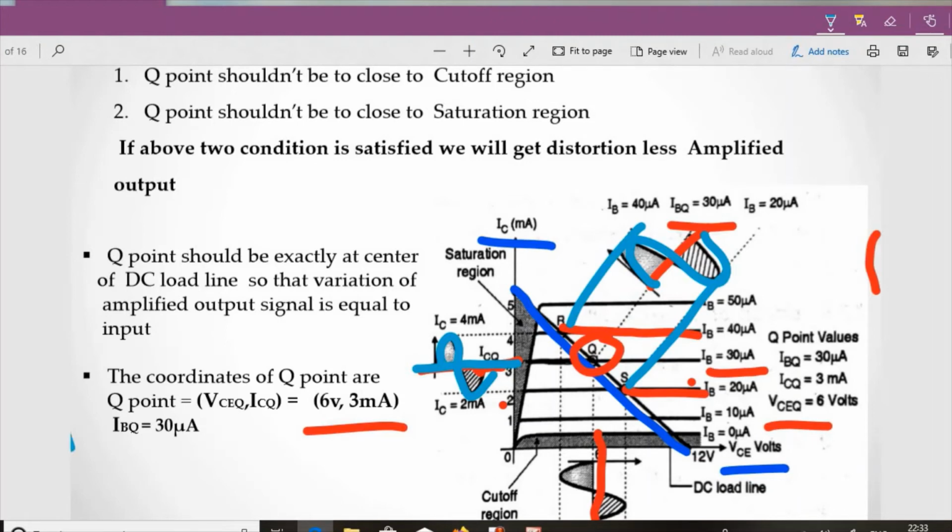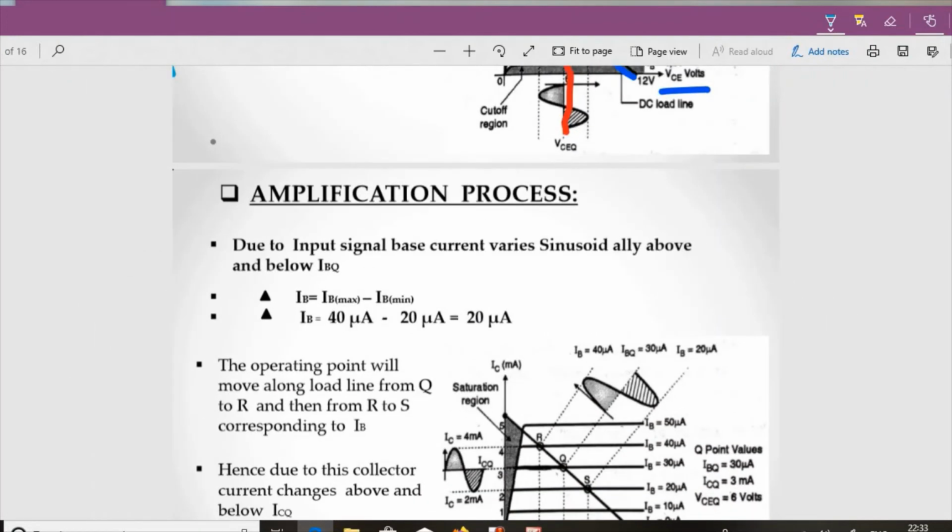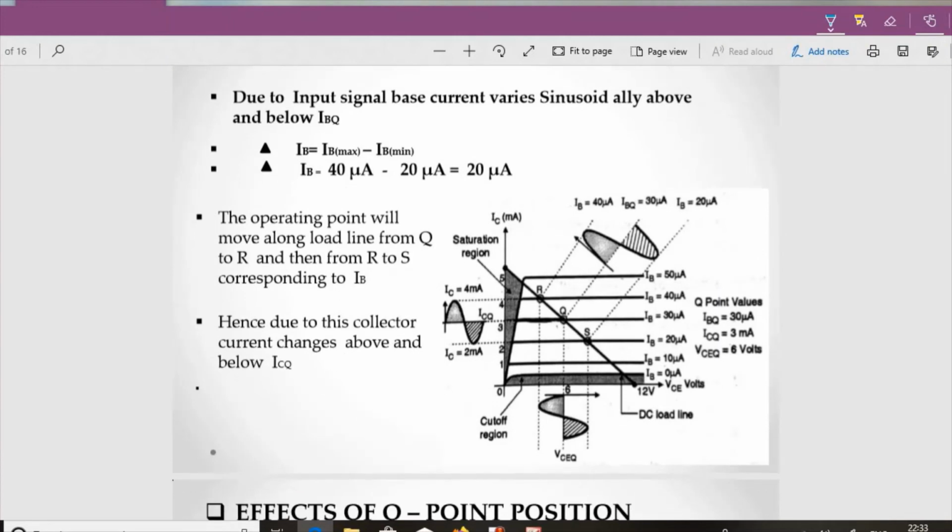Okay, so now what is the amplification process and how is it working? Due to the input signal, the base current varies sinusoidally above and below IBQ. We have already discussed this point. It is varying above and below IBQ, and the variation is a maximum of 40 and a minimum of 20, so the overall variation would be 20